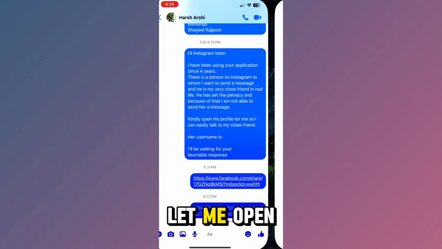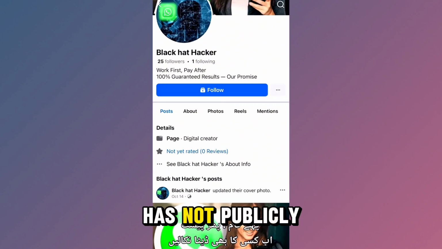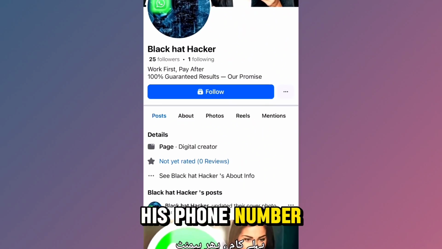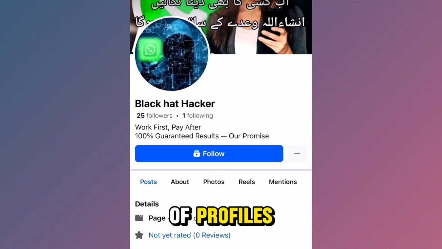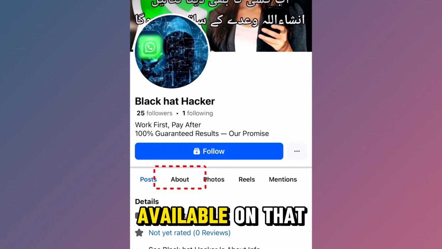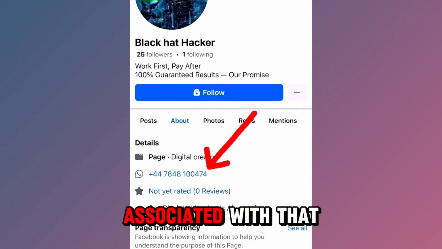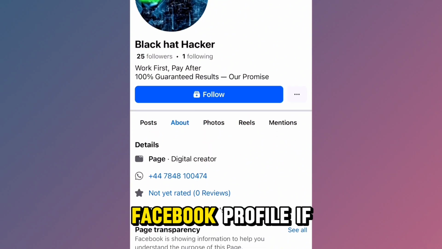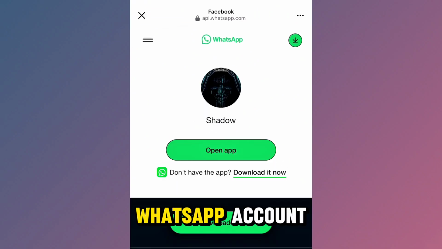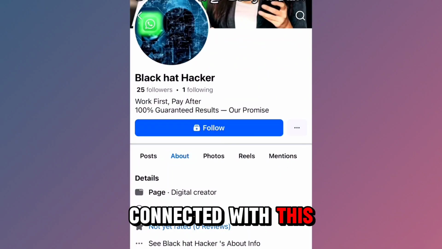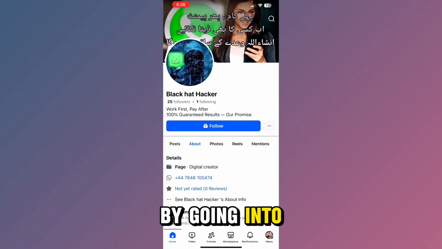For that purpose, let me open another profile from here, and as you can see, this person has not publicly posted his phone number and there is not any option of call now. For such kind of profiles, you have to go to this about button available on that profile, and here you will find the phone number associated with that particular Facebook profile. If I tap on that phone number, it will redirect me to his WhatsApp account which he has connected with this. So this was the second way to find the phone number of that person, by going into this about